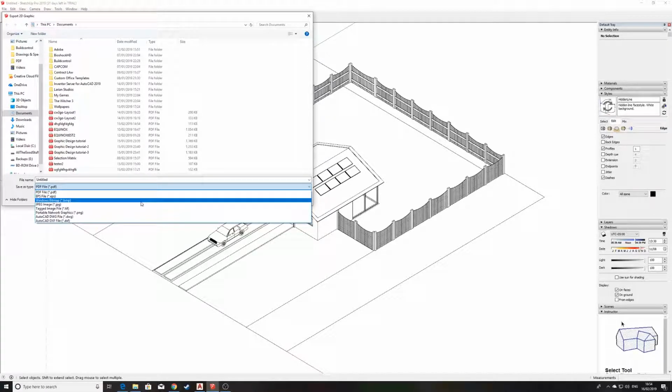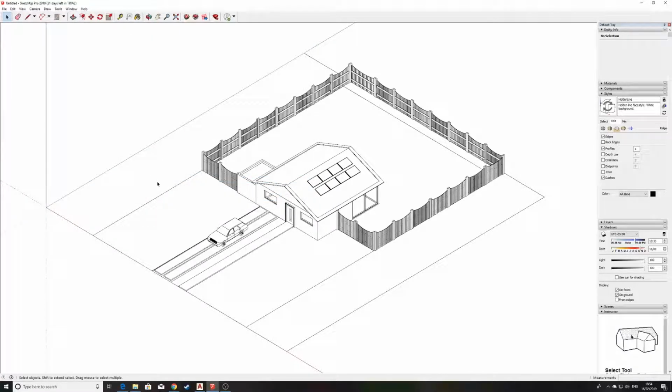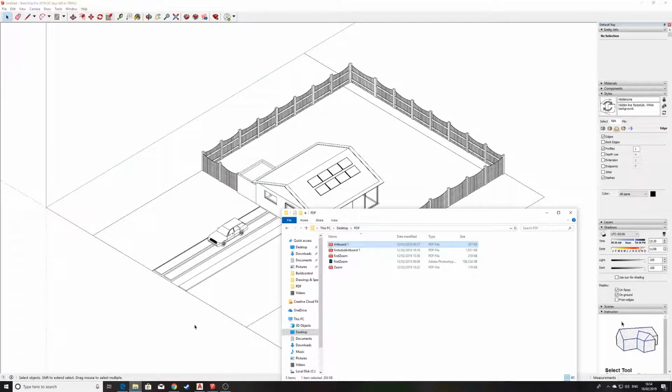Anything else, and it will save as a bitmap image, which basically means that if you zoom right in on it, it will appear all pixelated, whereas as a PDF all the lines basically stay as vectors, meaning that when you open it in Illustrator or AutoCAD, you can then edit those lines. Okay, so we'll just save this as sample floor plan diagram. We'll hit export,